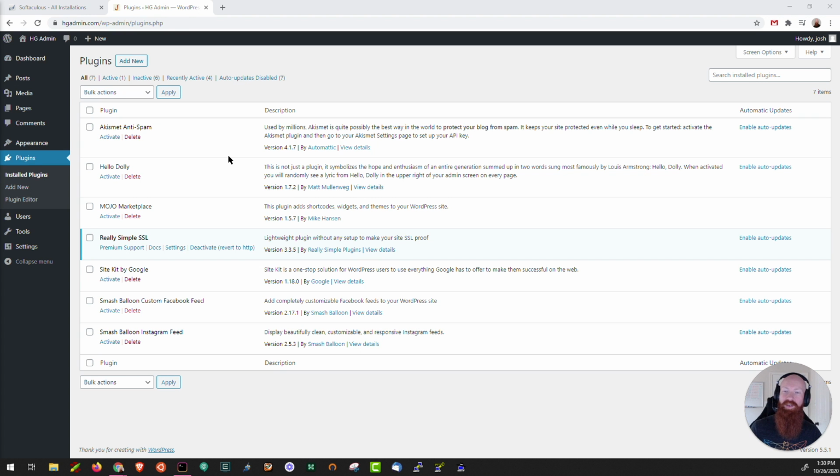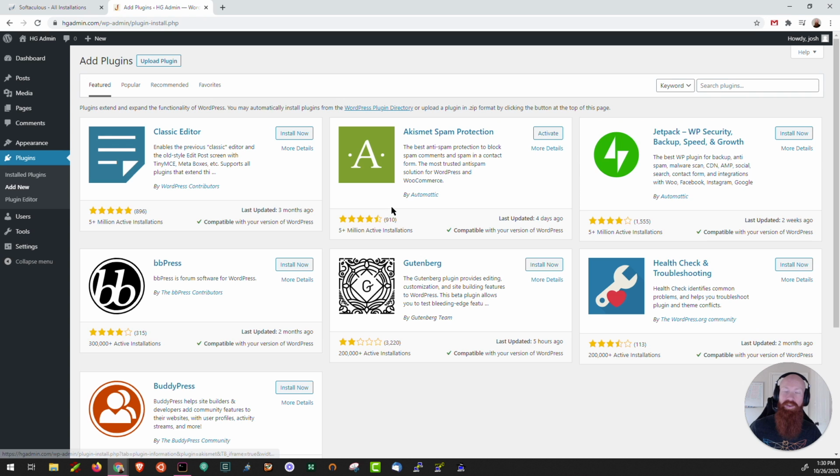Now, you'll have some that are generally installed as soon as you install WordPress, but if you want to add a new plugin, simply click on the plugin section and click on Add New. From here, you can search the thousands of plugins that exist depending on what you want to do. You can search up here in the top right-hand corner. To install it, click Install Now, and then that plugin is going to be activated on your page as soon as you click the Activate button.